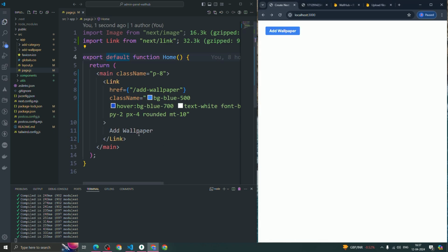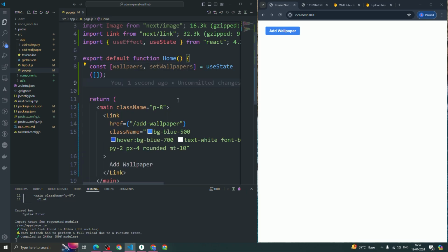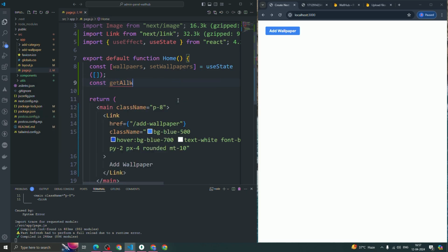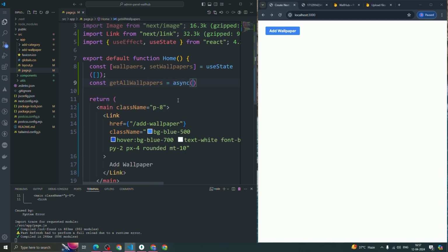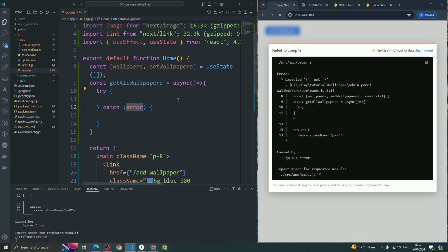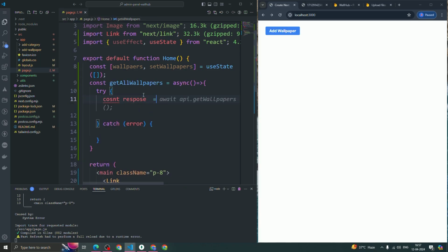Awesome. Now the next thing we are going to do is render all the images, right? So how can we do that? Let's see. First of all, we're going to make an API call to get all the wallpapers. I'm going to write a function called getAllWallpapers. So const getAllWallpapers. It's going to be an async arrow function, and whenever you use an async function we try to use try-catch as well. After that I'm going to write const response is equal to await